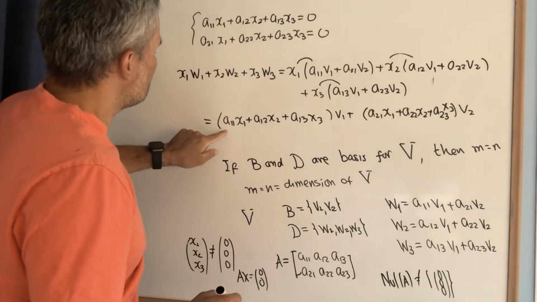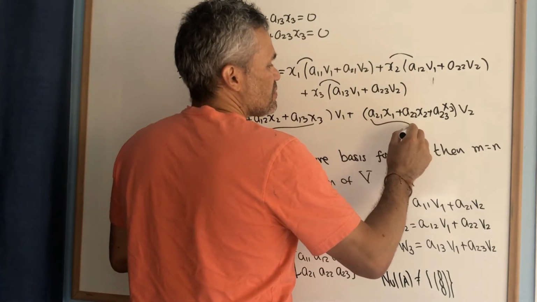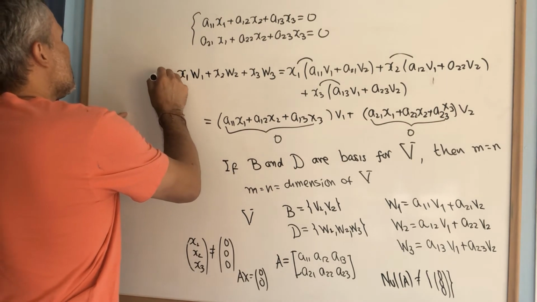But I know that this part is 0 and this part is 0, and therefore this is the 0